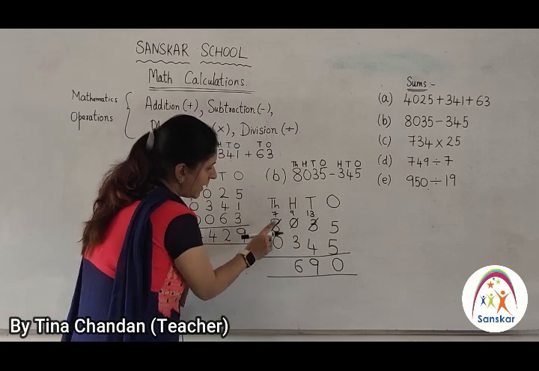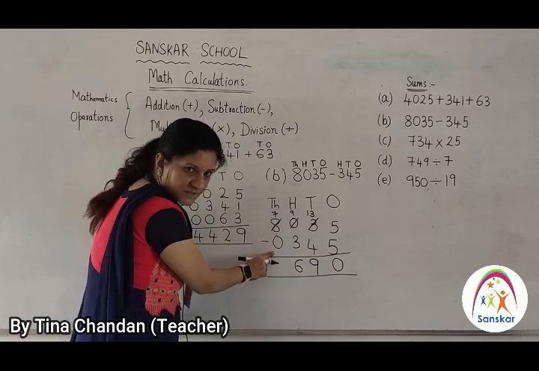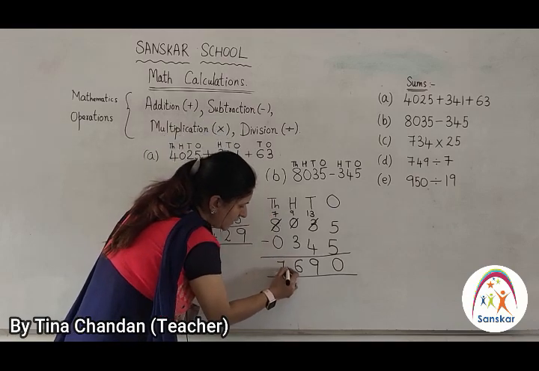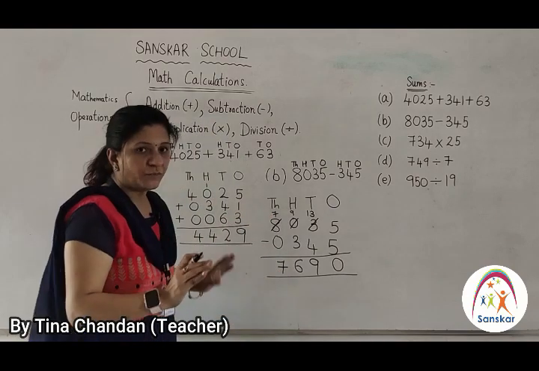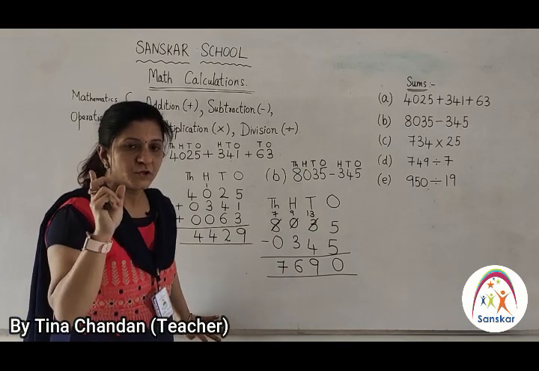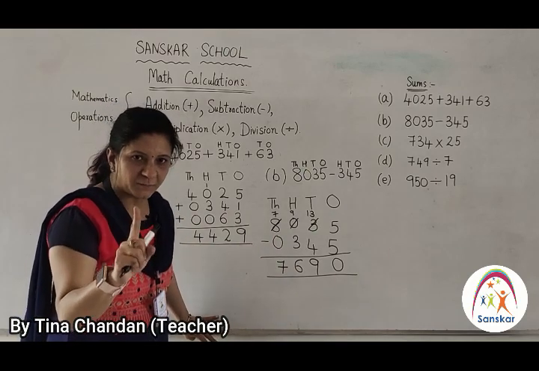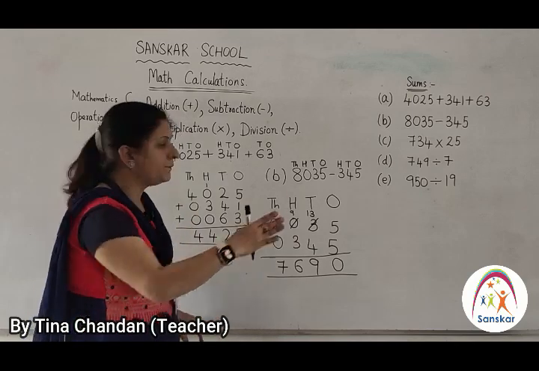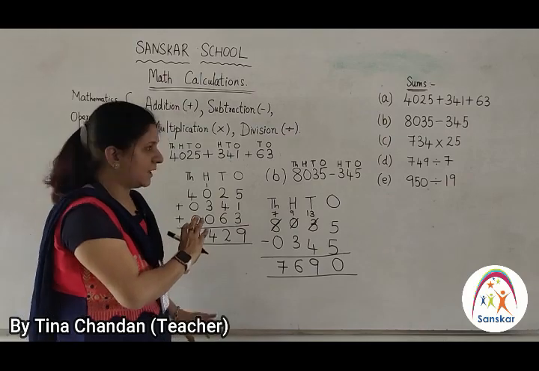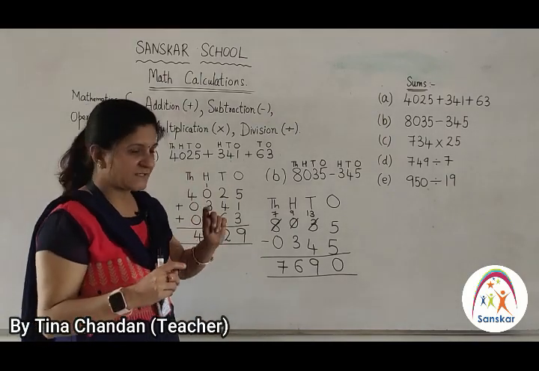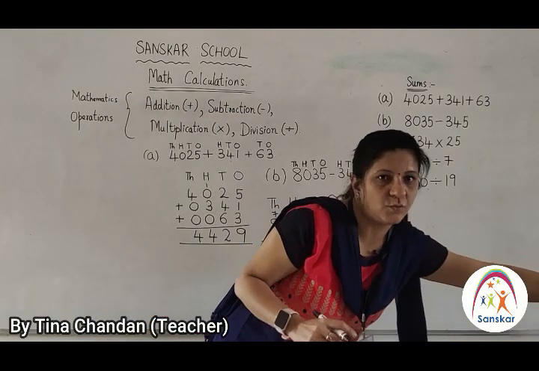Then 7. Any digit subtracted from 0, that is below, if it is 0, the same number will be carried down. Understood? So for addition and subtraction, you have to follow the same 2 steps. The 2 steps are, you have to write down the places, and then for addition and subtraction, you have to start from right to left. Now we'll move on to the C part, that is multiplication questions.